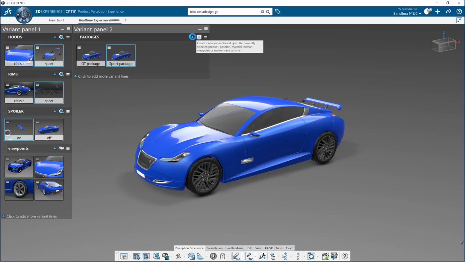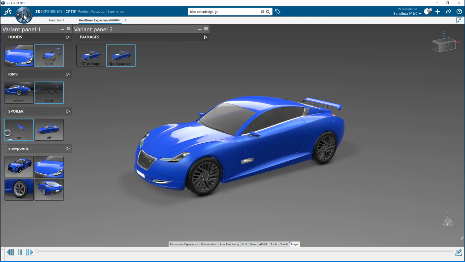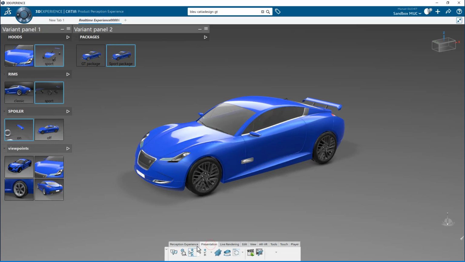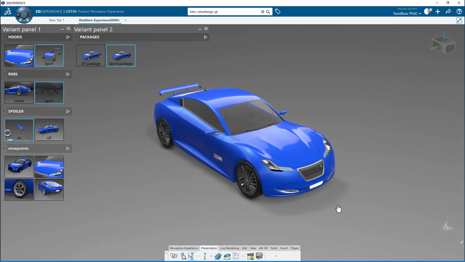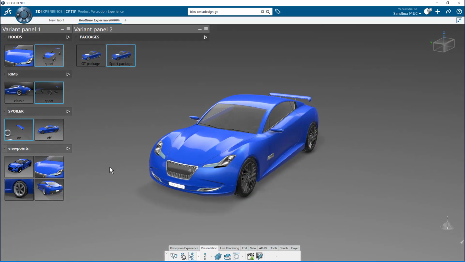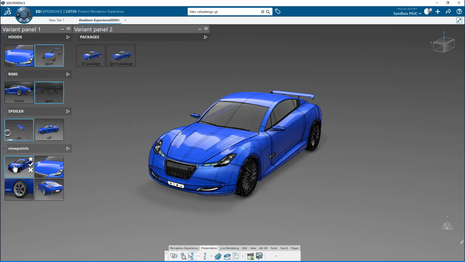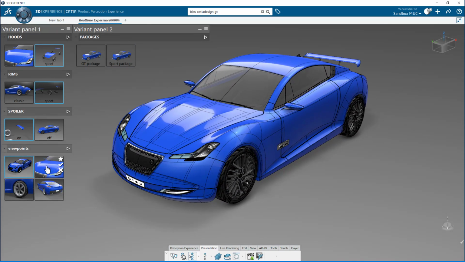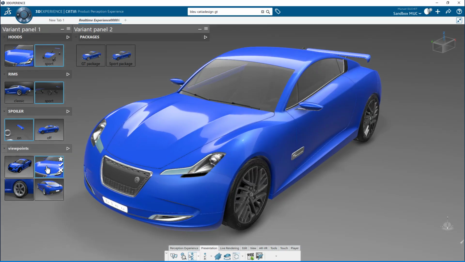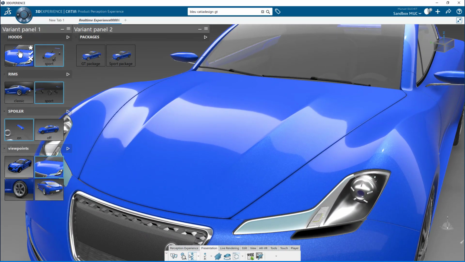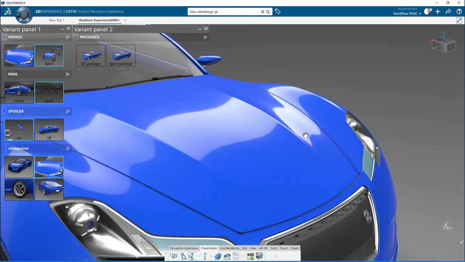And basically, at this stage, I'm ready to go into presentation mode. By clicking the play button, I double click the player section, I don't need to unpin it. Select the presentation section, and let's go through a presentation of this car, starting with the first viewpoint, switching the edges on, focusing then on the hood, maybe looking at the hood, classic and sport version. At any time I can do a free navigation, of course.